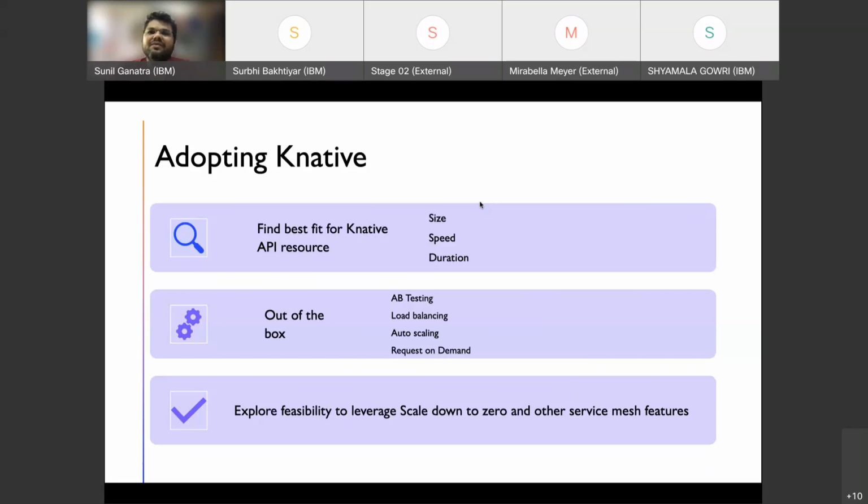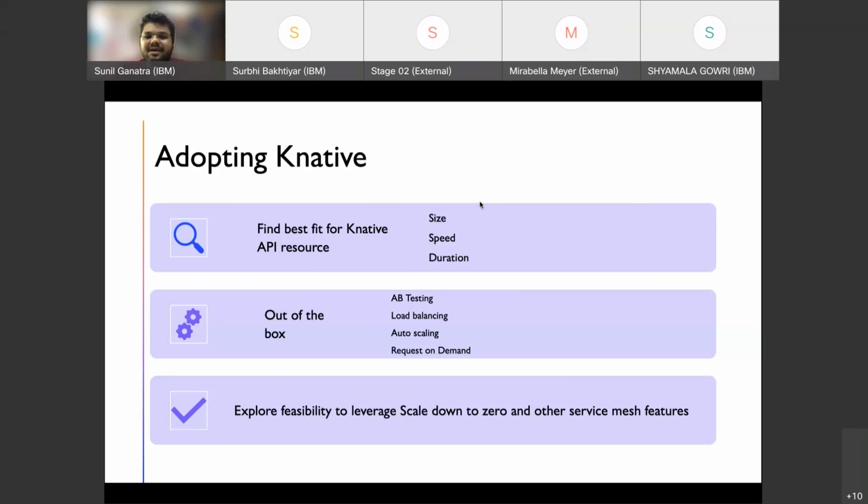Let's say your application image is very large, in GBs. In that case you need to be a bit careful, because it can take a bit of time to come up. You won't be able to leverage some of the capabilities of Knative, and if you want to scale down to zero, you might face certain issues.